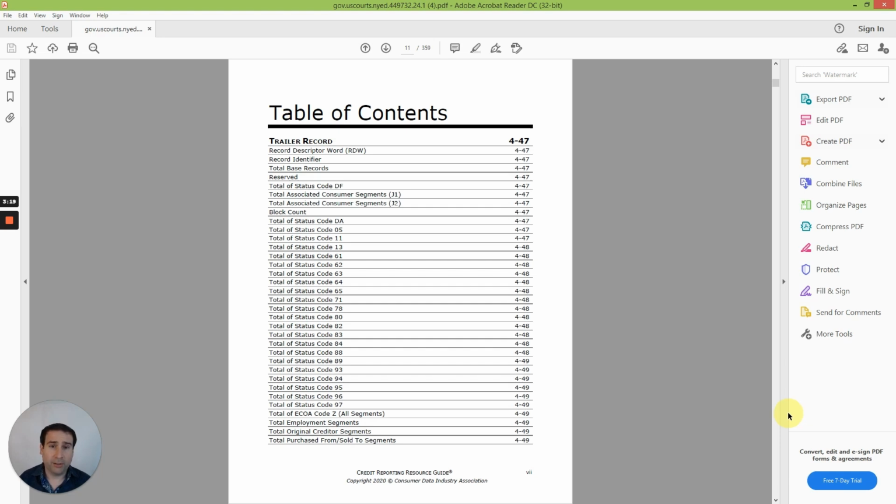Metro 2 was designed to allow data to be mapped out to different databases. What we need to do is just map out the credit data from the credit report to where it should be in Metro 2. Then you know what you're looking at. Once you know what you're looking at, you can figure out how to find the errors. Chapter 4 is where the full and complete set of data fields is